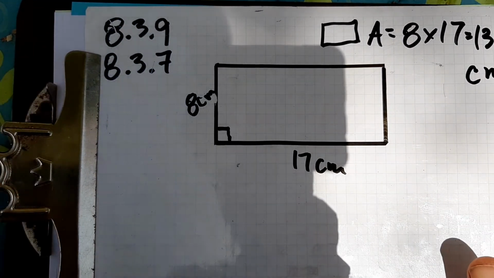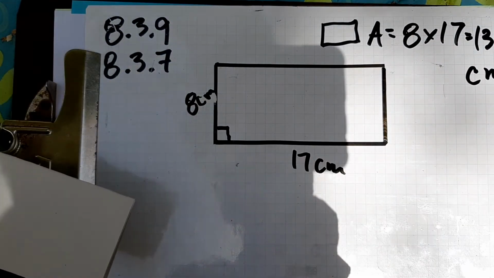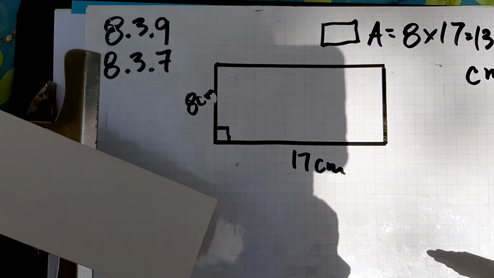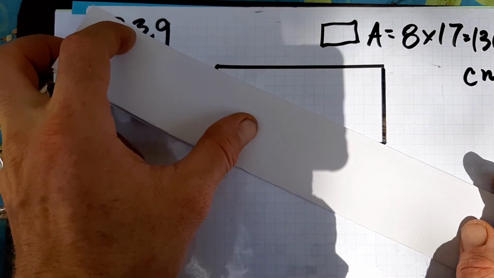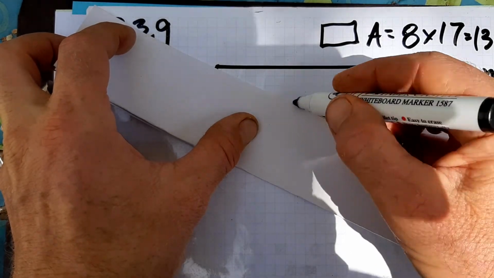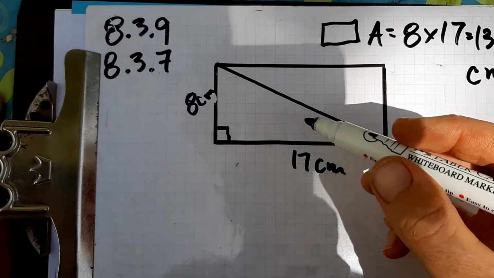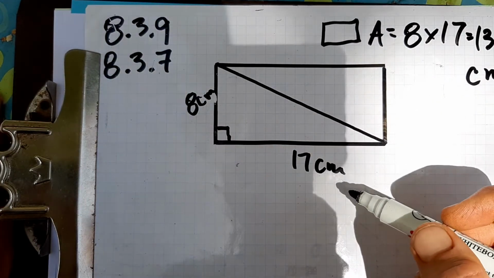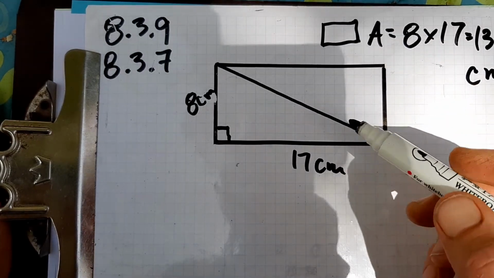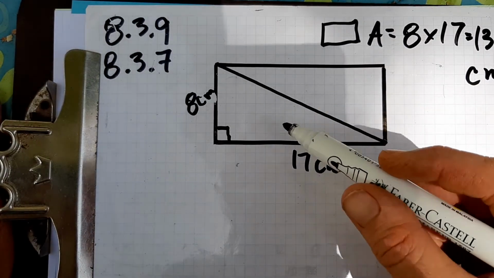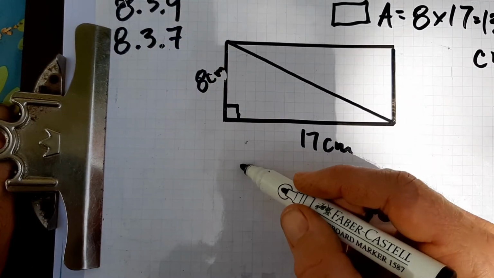Okay, so now look at 8.3.7. It's not a rectangle, but it's a triangle with a right angle. So let's just take this rectangle and cut it in half, corner to corner. All right, there. I have that same triangle that's in 8.3.7. And what's the area of that? Well, it's the area of the rectangle, the base times the height. It's half of it. So to get the area of a triangle,